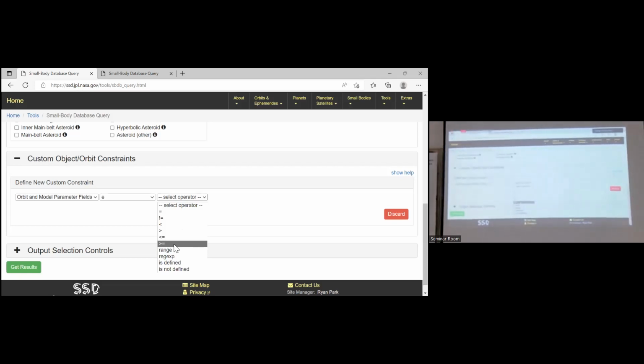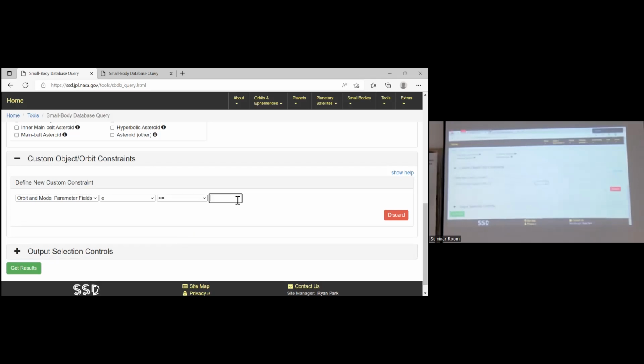You type 0.5. Is there any trouble? You type eccentricity more than or equal to 0.5. Okay? Click add constraint, the green one.